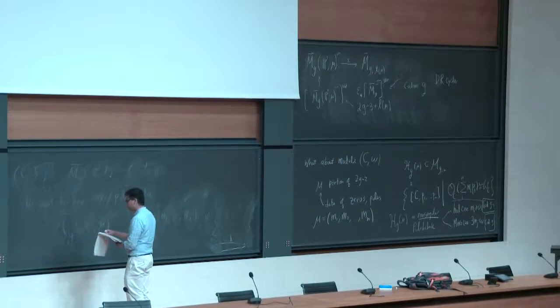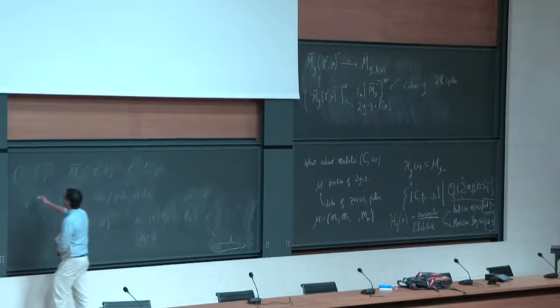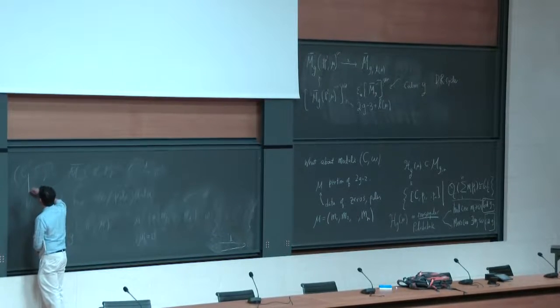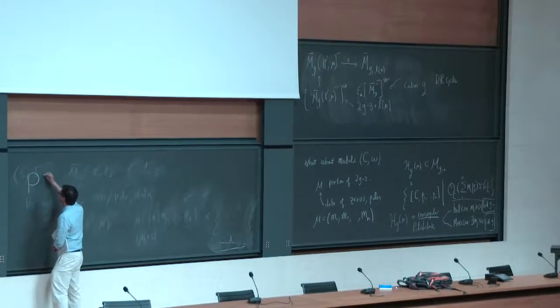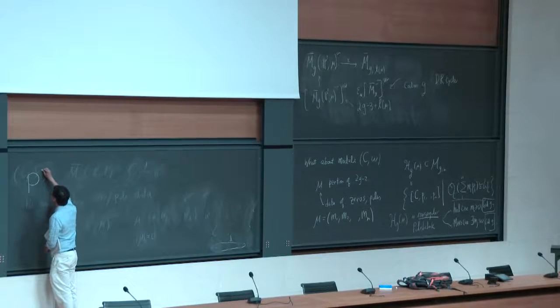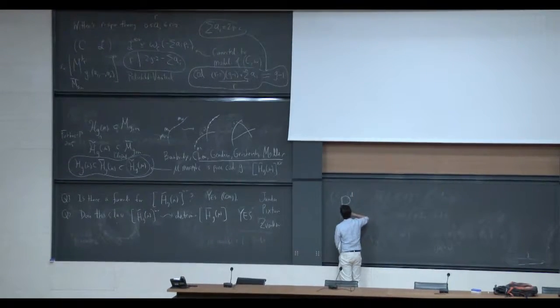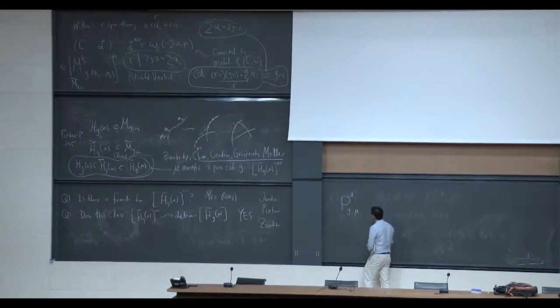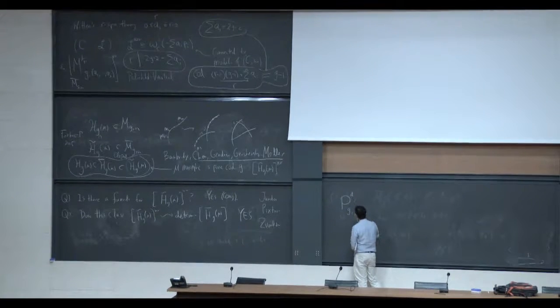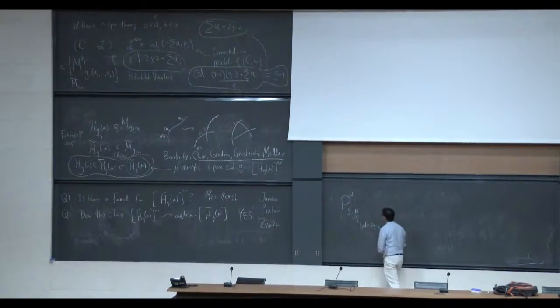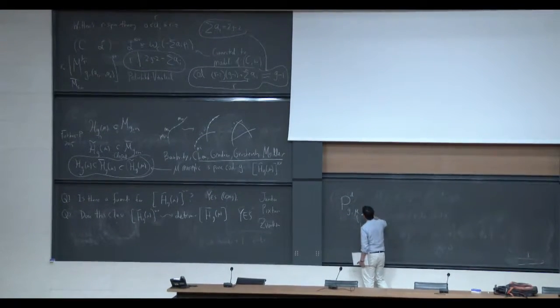So this is going to be a formula for a class, which I call P because it's a Pixton class. It's a formula for all codimension D, and there's the genus, and then there's this mu. In this case, this mu is a partition of 2g minus 2. All right? So this is a class, and this class is going to be in the cohomology